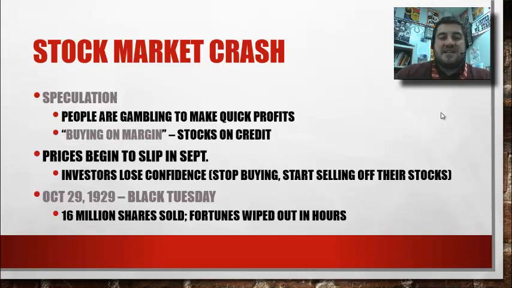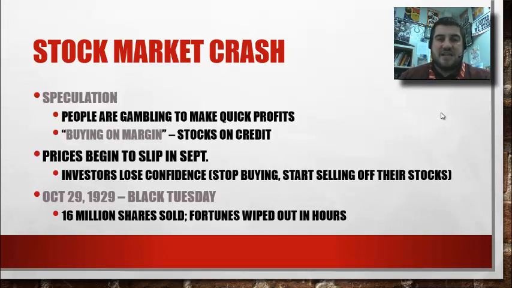People are buying stocks on credit, and they're not doing it as long-term investments. Normally you buy a stock and you want to keep it over a period of years because you think it's going to increase in value. But people in the 1920s are gambling to make quick profits. If they buy a stock and it goes up a couple pennies, they sell it. They've made that money. They do it again and again and again, and they're doing it on credit,